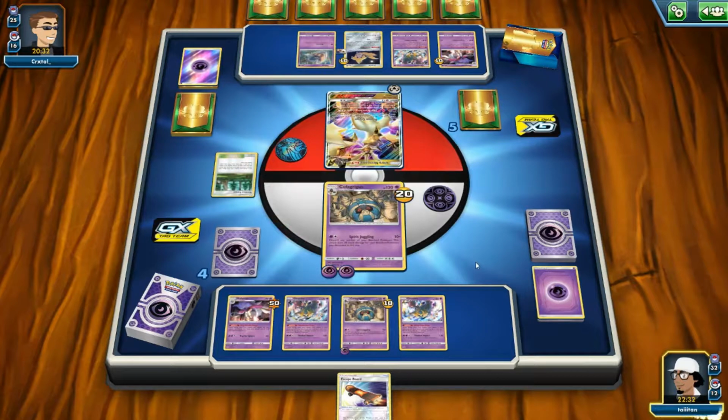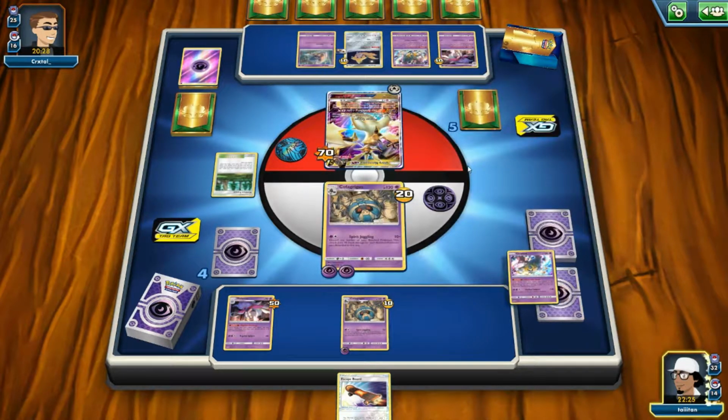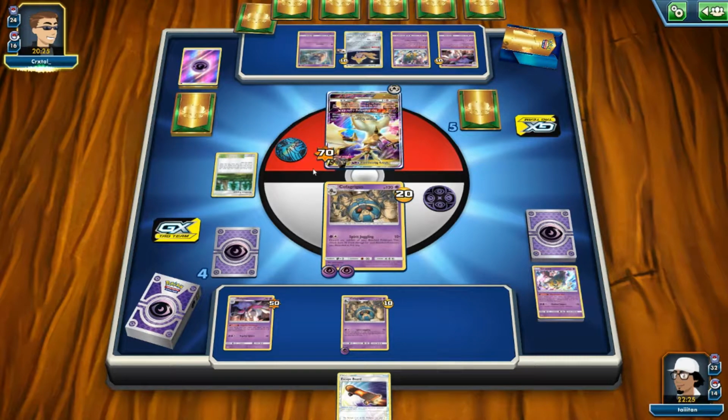I'm going to say Giratina again because it's hard hitting damage and also we just need one more energy on. You know what? Why did I do that? It's fine, I'm not mad about it. I'm not upset. All we need is one more Giratina on the bench, do an extra 30, and that will give us